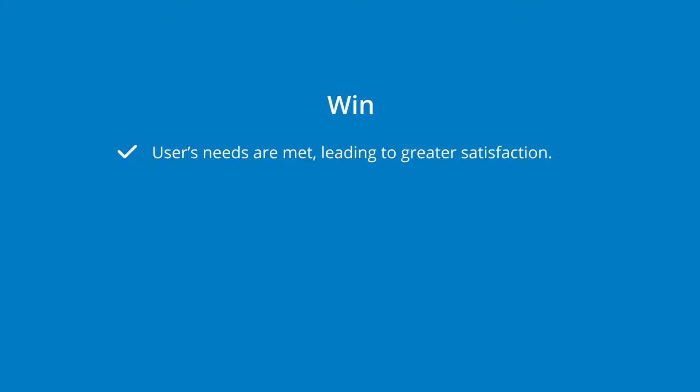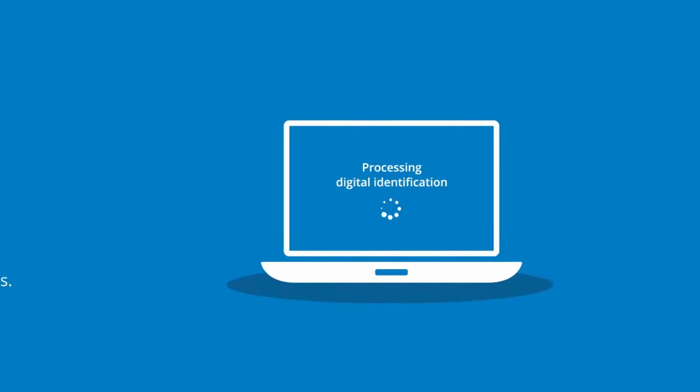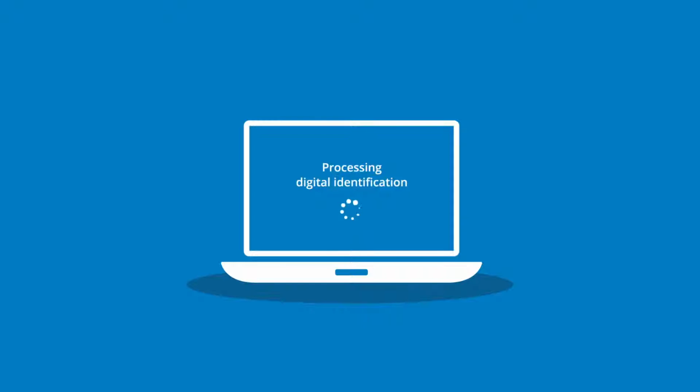Applying digital interaction to support cross-border legal procedures is a win-win situation. Because it is designed around the user's needs, they are thoughtfully guided through each step of the procedure. As a result, the legal authorities only receive applications that meet the requirements, and the satisfied user has greater trust in the competent authorities. The final step is to sign with the digital signature system of the user's home country.